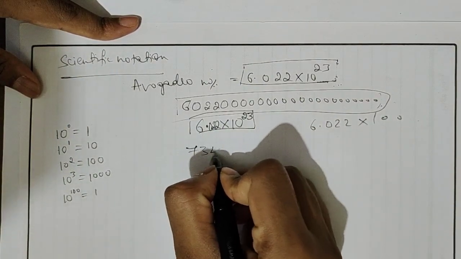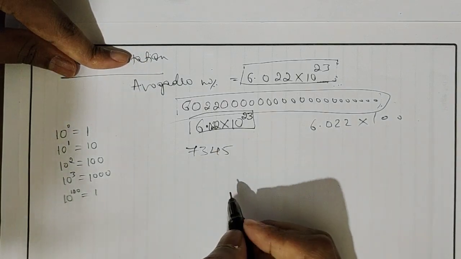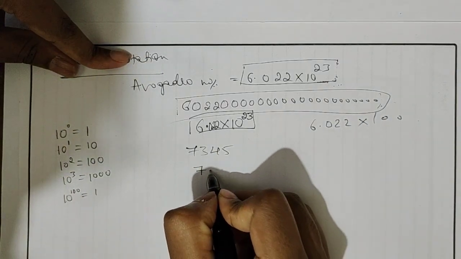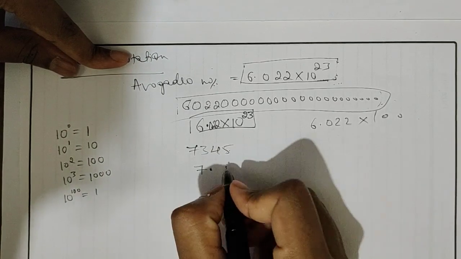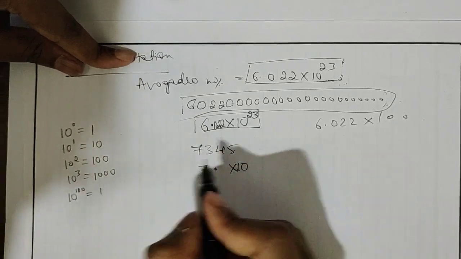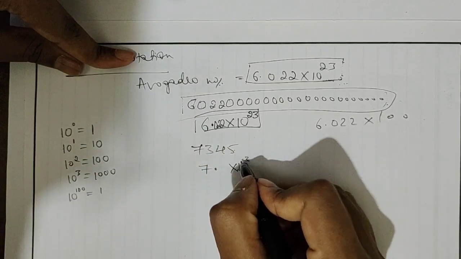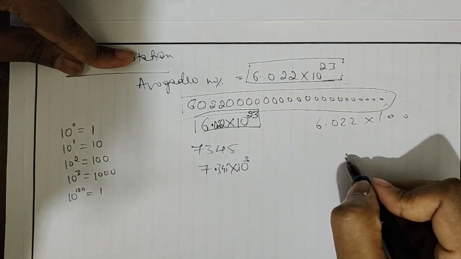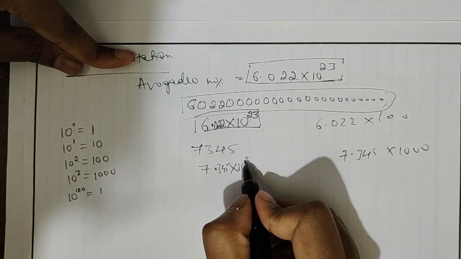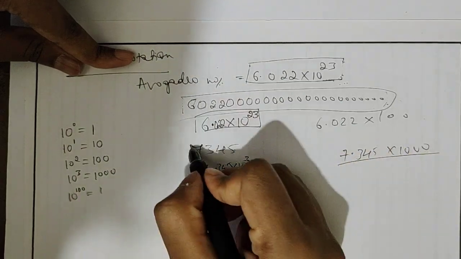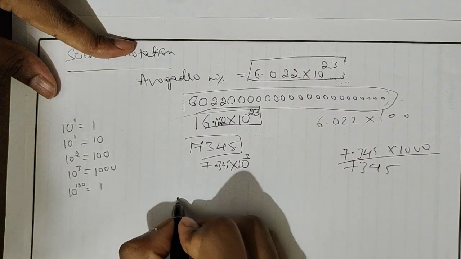Now listen here. 7345. This is already a small number only. How can I write it as an even smaller number? So 7 point. After the point, how many digits do I have? 3, 4, 5. That means 10 to the power, how many do I need to put? That means 3 digits, so 3 is nothing but 10 to the power 3. How to confirm this one? 7.345 times 10 to the power 3 means 3 zeros, 1000. Do it, and you will get this number as an answer. Clear?